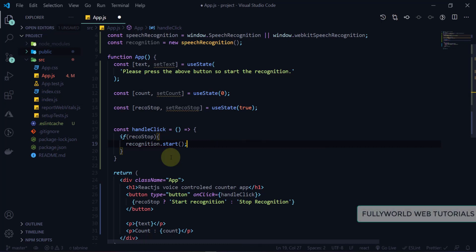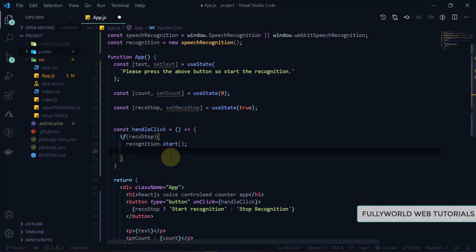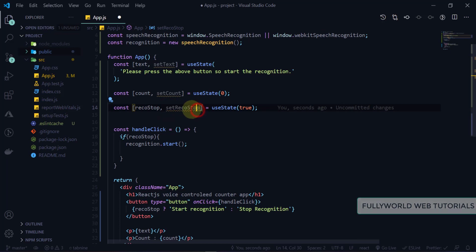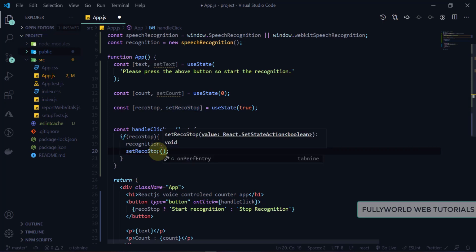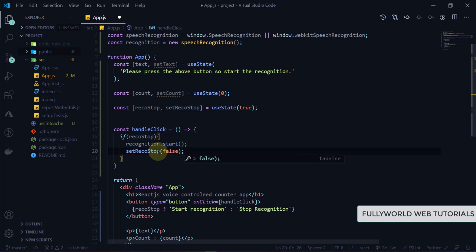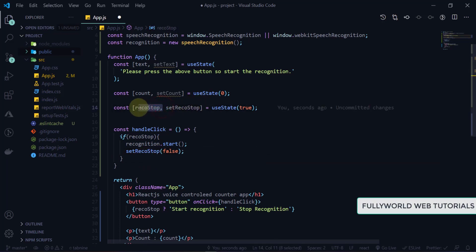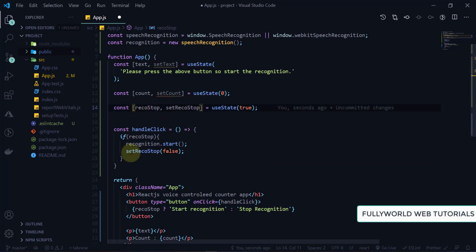And then the second thing we have to do is set reco stop to false here, because we already started our recognition. So reco stop false means our recognition is not stopped.